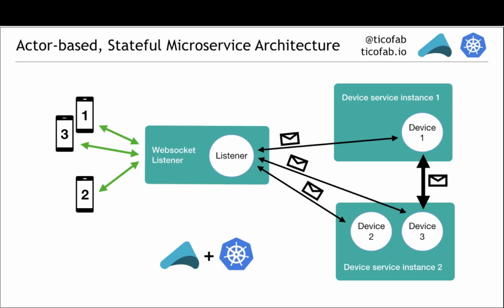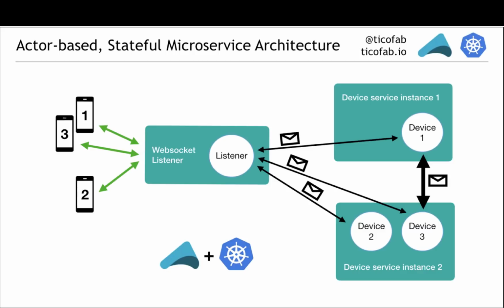So let's say we have many millions of users concurrently for this service, then we will need many nodes. And in each node, you see on the right, we will have actors that keep state about each device. And when two devices match, like in this image, let's say devices 1 and 3 have matched, then the actors representing those devices will be able to exchange information from one node to another with the concept of actor messaging and location transparency we talked about earlier.